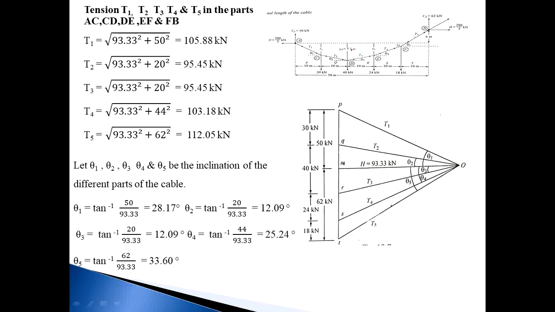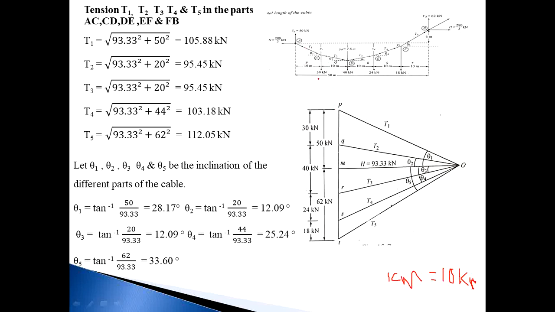So basically, when you want to calculate tension in the string, you should first draw a vector diagram. By using a suitable scale, draw a vector diagram. So assume 1 cm is equal to 10 kilonewton. Take point P anywhere and mark the Bow's notation, meaning on either side of the force you should write an alphabet: P, Q, R, S, T. So mark a point P.